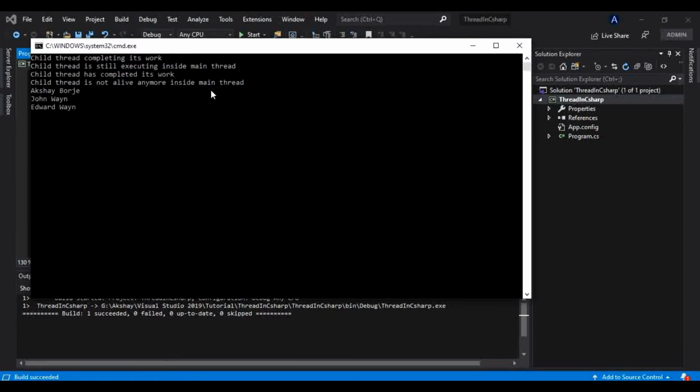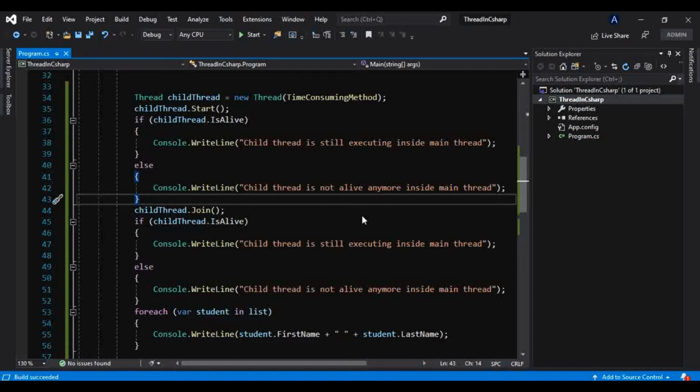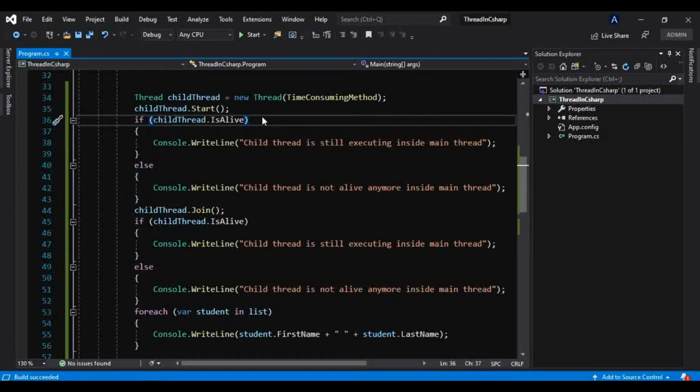Okay, and after that child thread has completed its work, child thread is not alive anymore inside a main thread. So that's how we use the join method to make the main thread wait for its child threads to complete their work, and the isAlive method to check if that child thread is still alive or still executing inside that main thread.